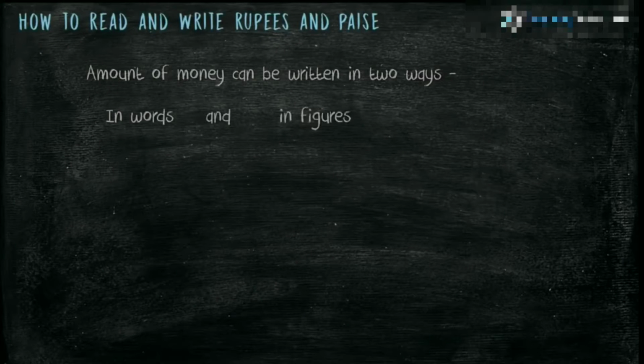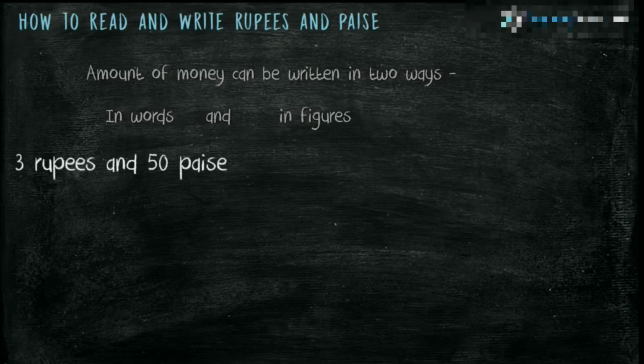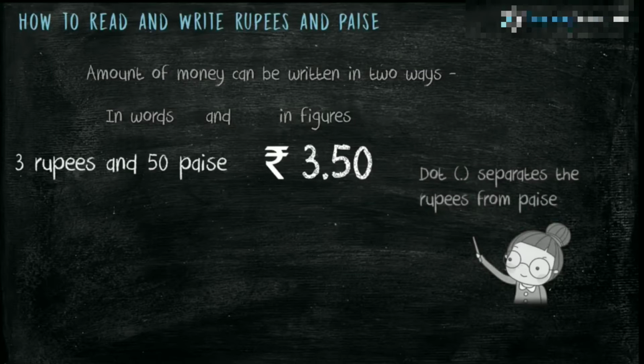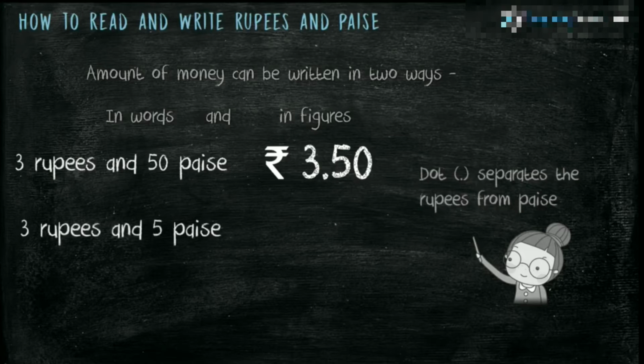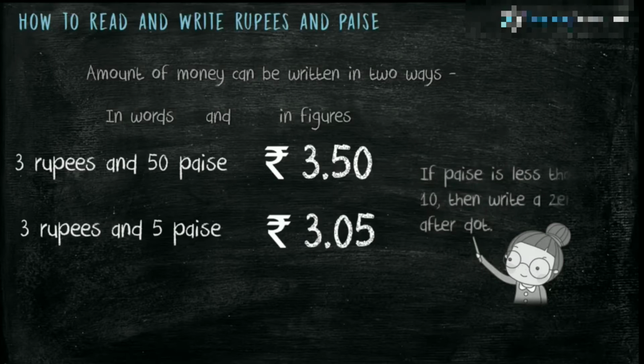Amount of money can be written in two ways, in words as well as in figures. For example, 3 rupees and 50 paise. In figures, it is written as rupees 3.50. Students, dot separates the rupees from paise. Next example is 3 rupees and 5 paise. In figures, it is written as rupees